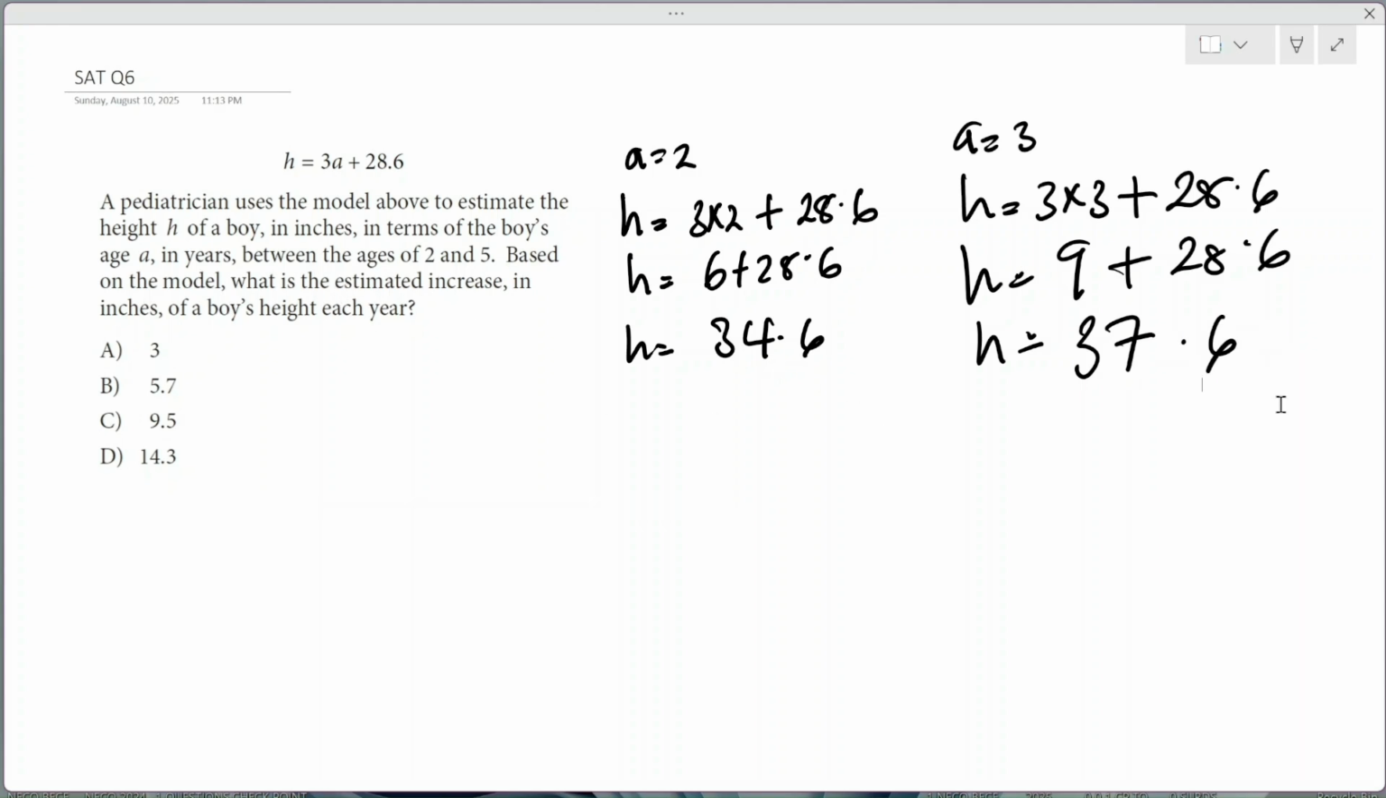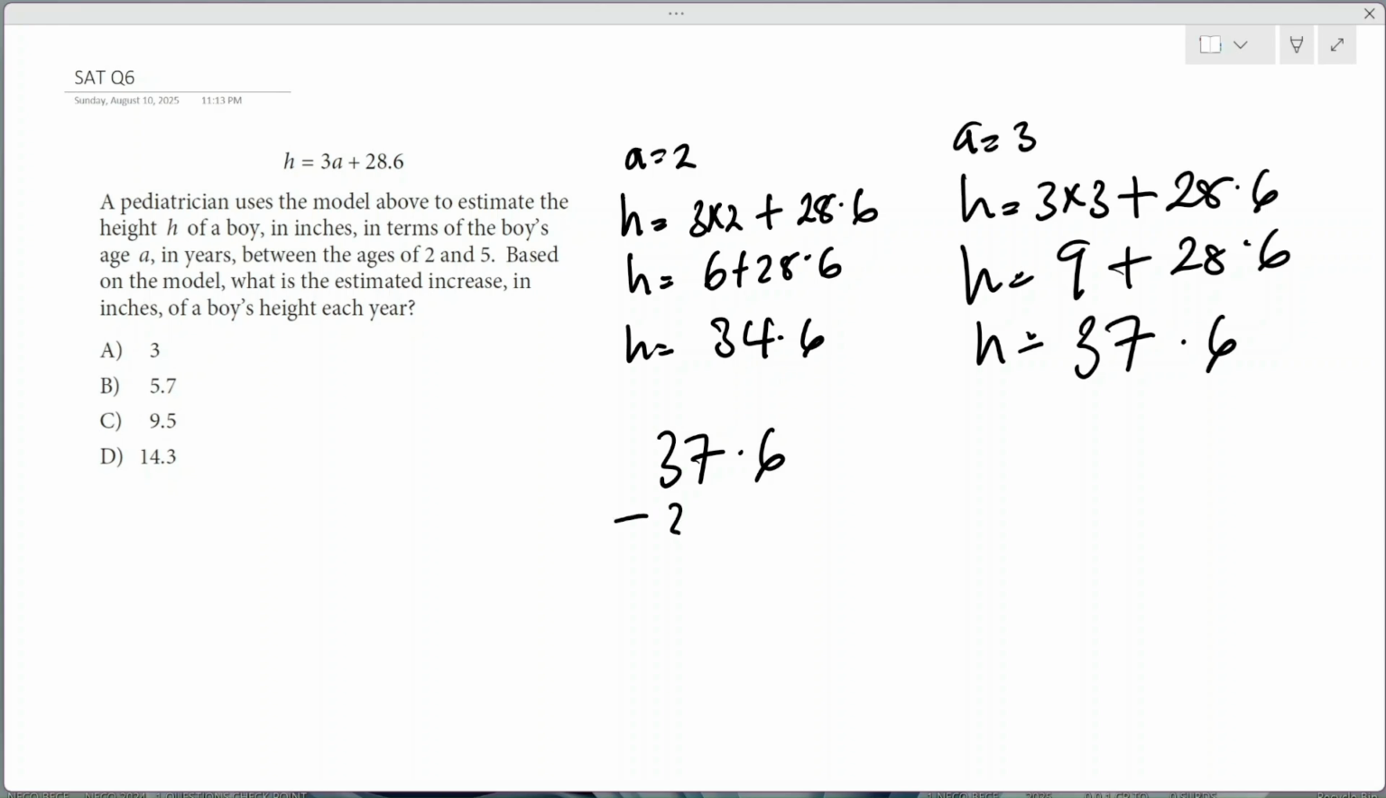Now to find the increase in height, you take the height at 3 and subtract the height at 2, because the question talks about the estimated increase in inches of the boy's height each year. So we're concerned about the increase per year. We'll take